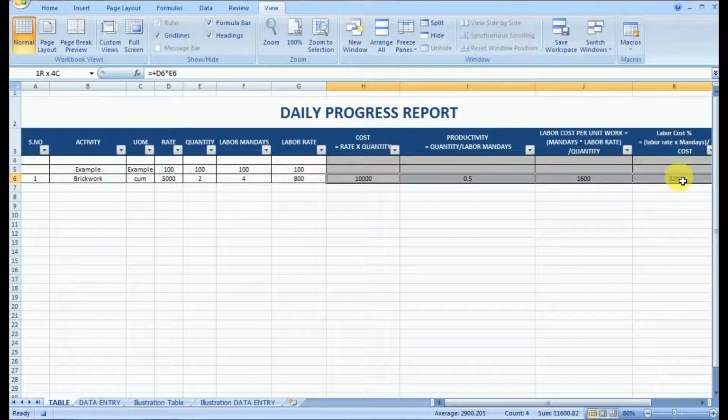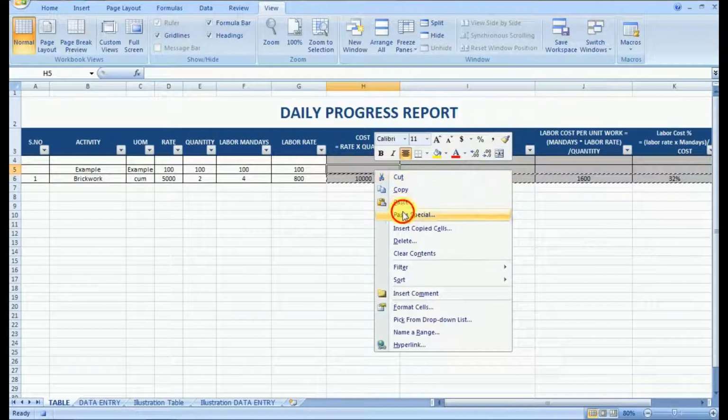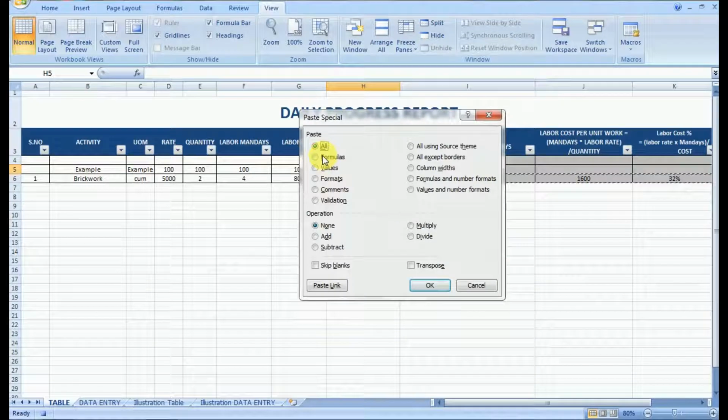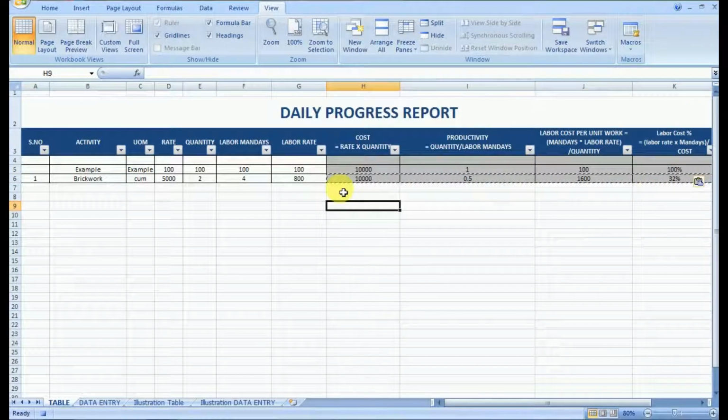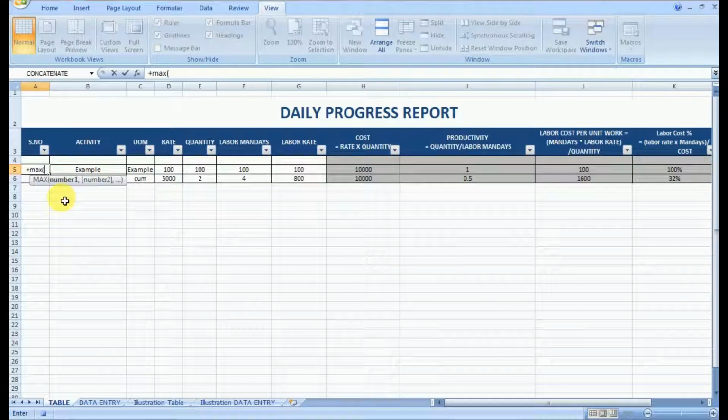Similarly, you can copy the formula and paste it in the cell above, as a special paste, that is paste as formula. Now the tricky part comes into the picture, that is applying a maximum formula, because it will allow you to filter or sort in order.